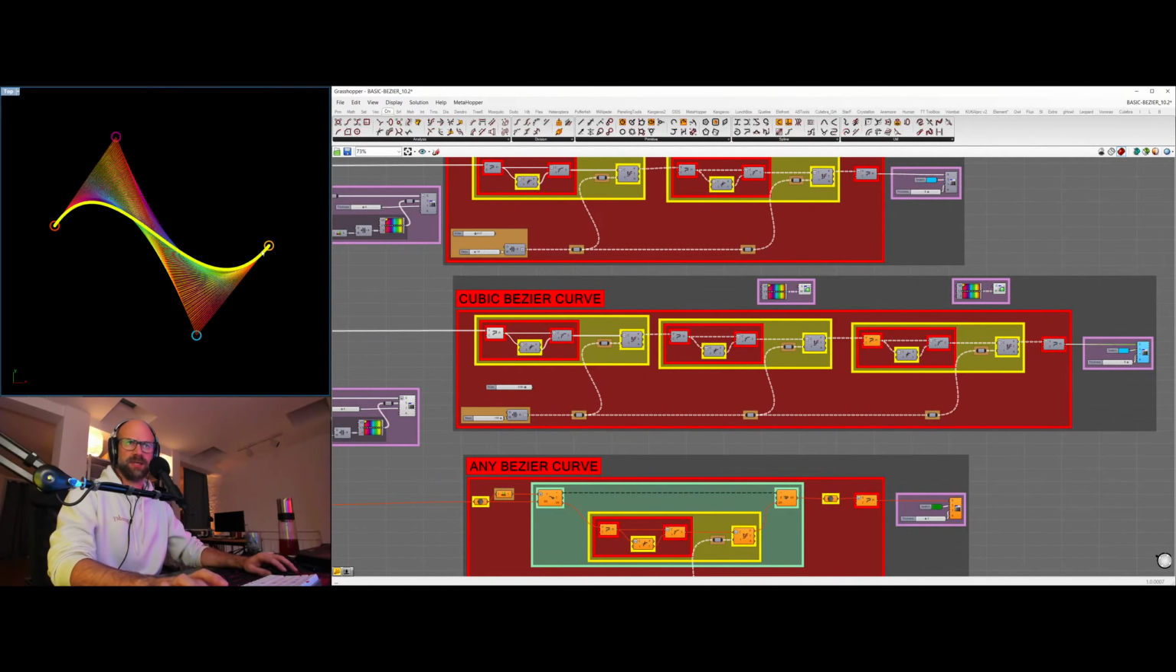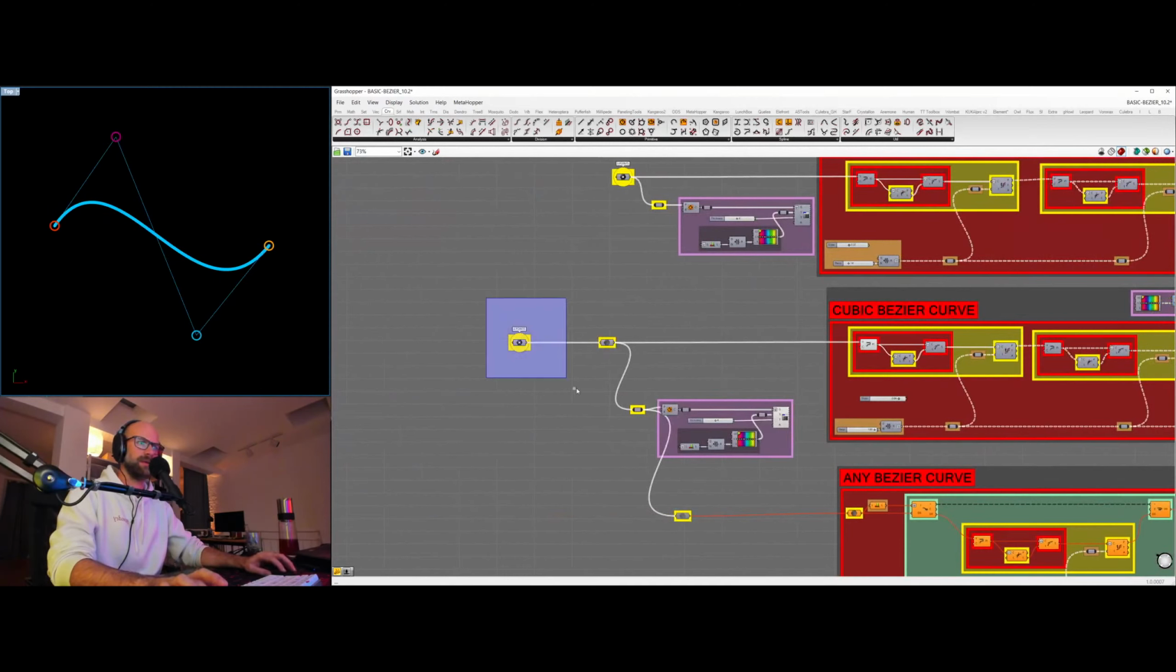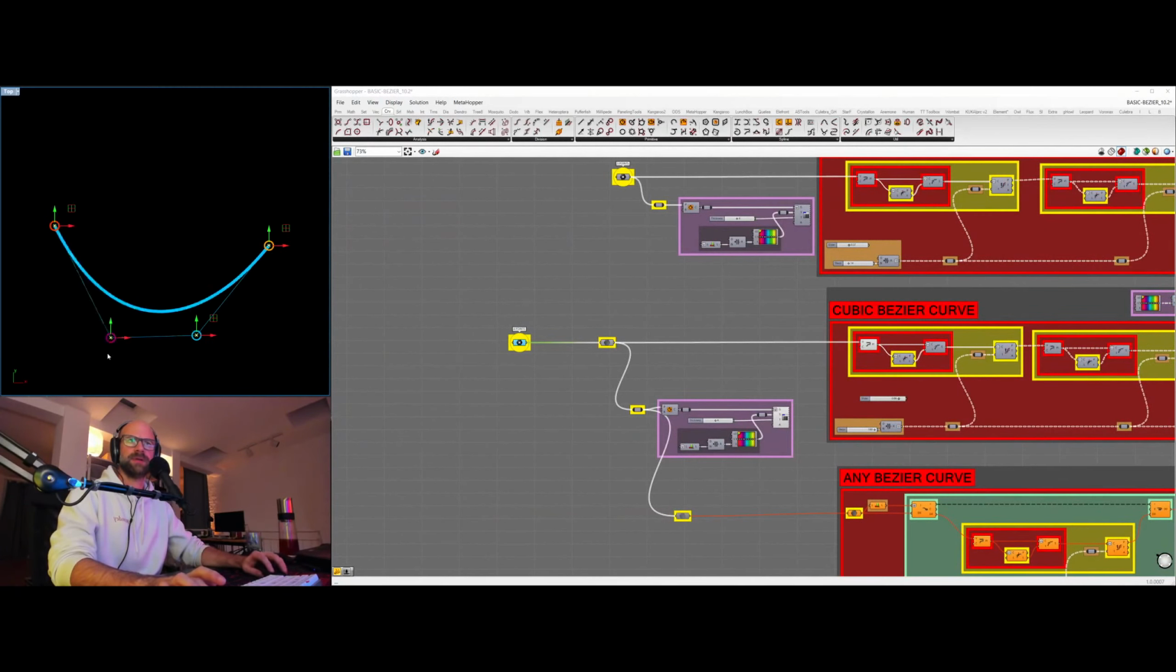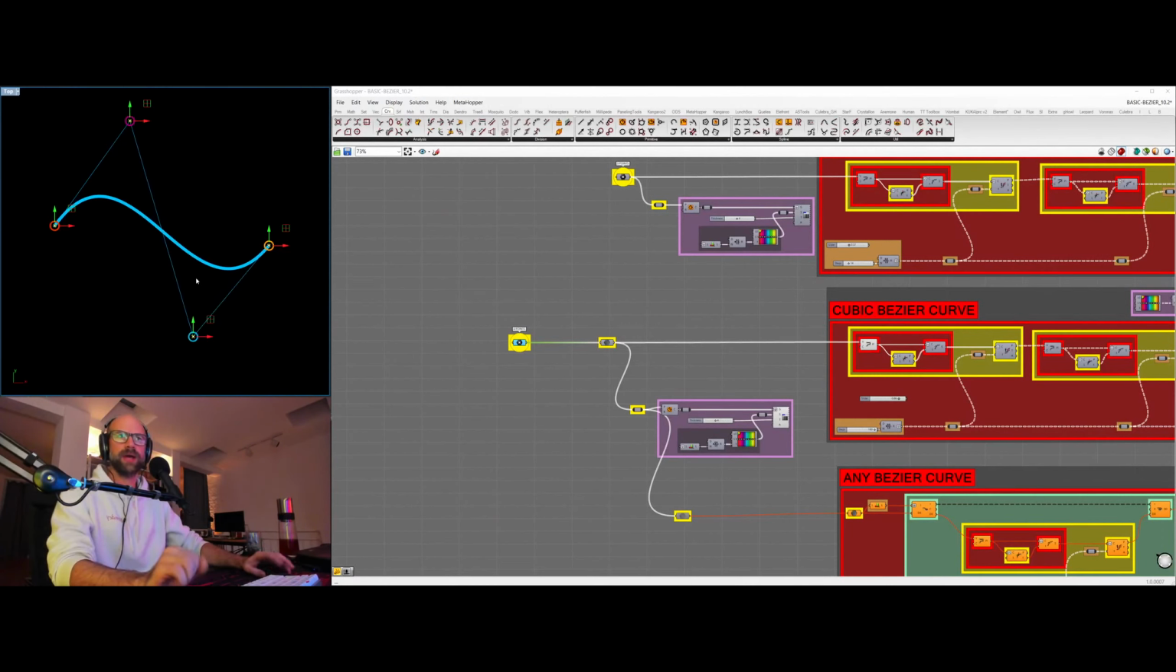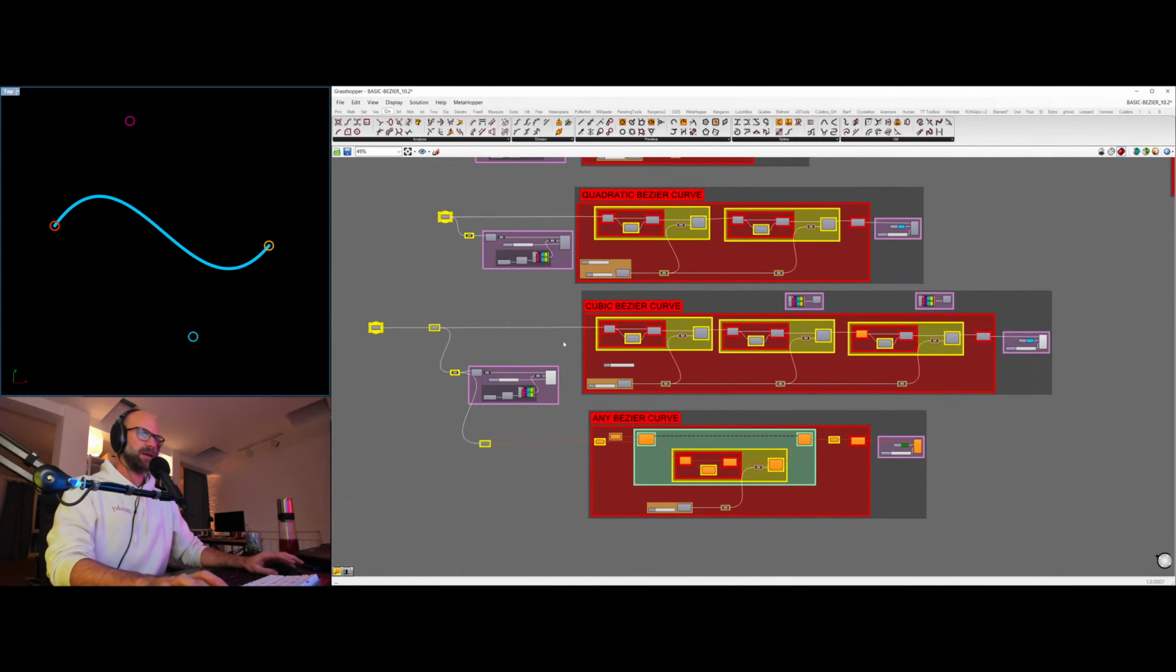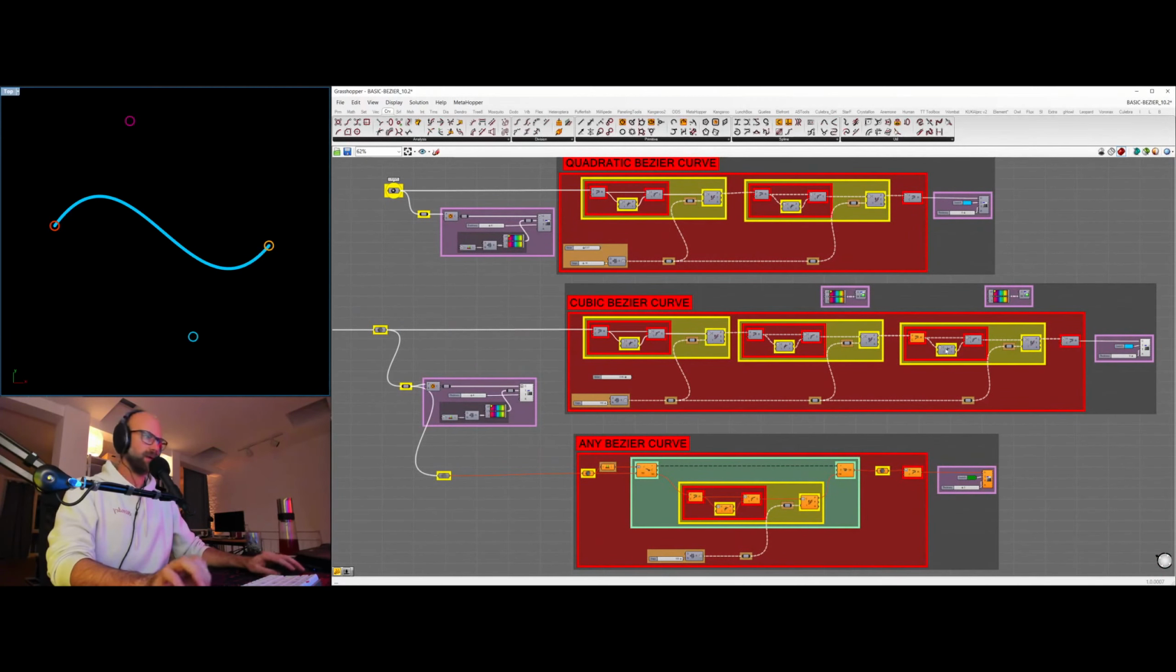And now here we have our cubic Bezier curve, and again, if we move those points around, this curve follows. That way we can actually control smooth curves in space. So this is all fine and dandy, but you can already see that depending on how many points we